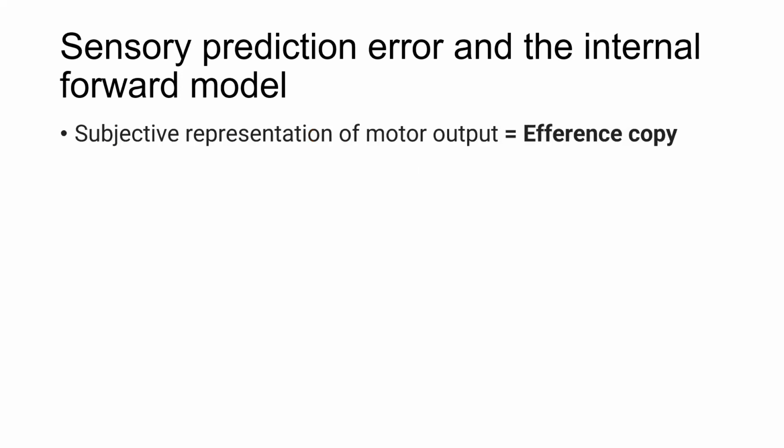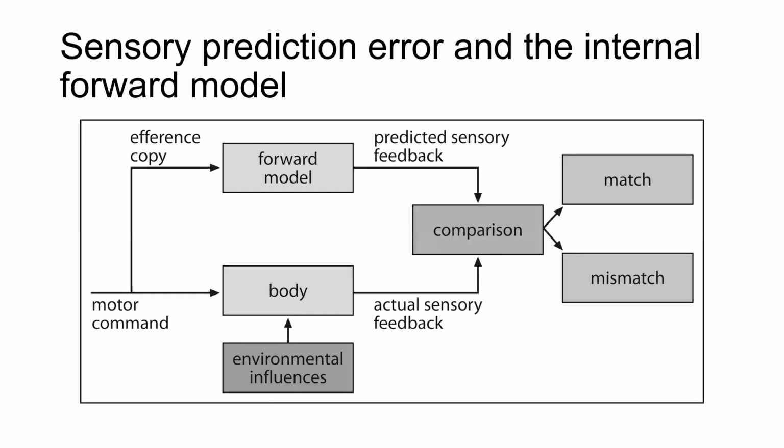Another name for an internal model is what is known as an efference copy, which is only useful for the following diagram. What we see here is that on the left, a motor command is created by the cerebellum, and at the same time, there is an efference copy or internal copy of that motor movement, which gets fed into a forward model, producing a predicted sensory consequence of that action.